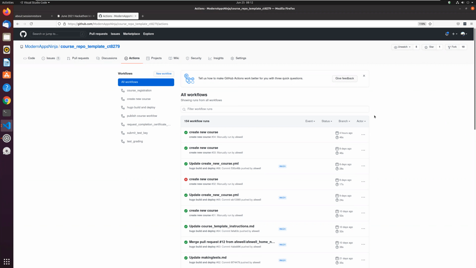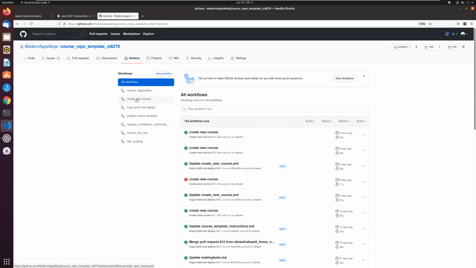At the same time, a lot of people may have an interest in creating a new course or a new lab guide, but may not care about any other type of contribution and may not want that level of permission. So this workflow also makes it easy: if somebody wants to create a course or lab guide, they can put in an issue ticket request and someone with the appropriate permission can very easily fulfill it.